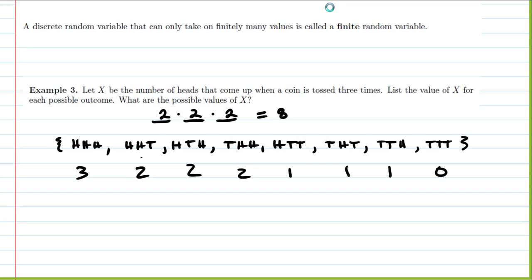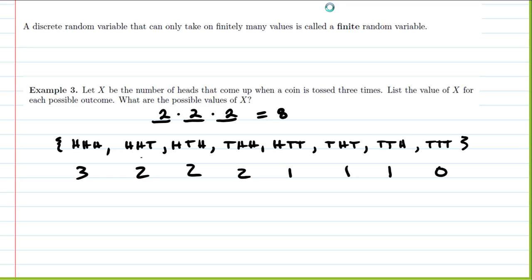So those would be the possible values of x. So what would be our smallest value of x that's possible? 0. And what's our largest value of x that's possible? 3, right? So we have our 8 possible outcomes, and we'll notice that we have different outcomes that have